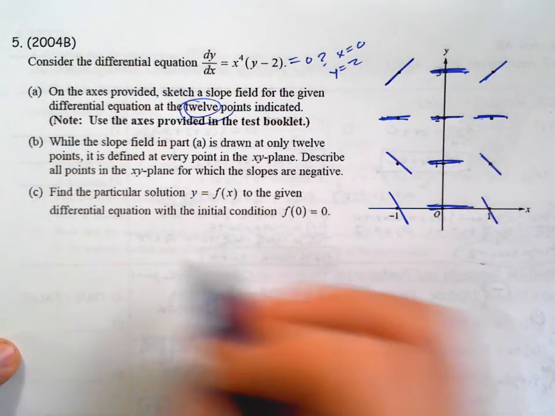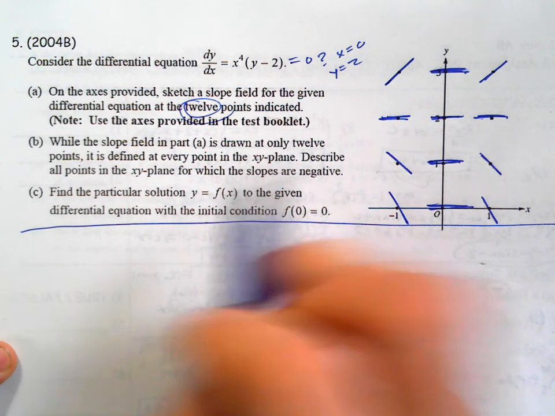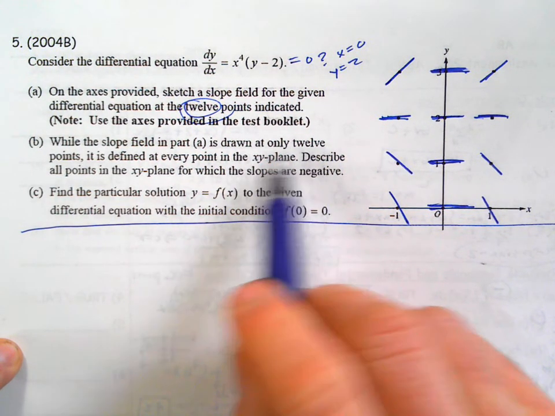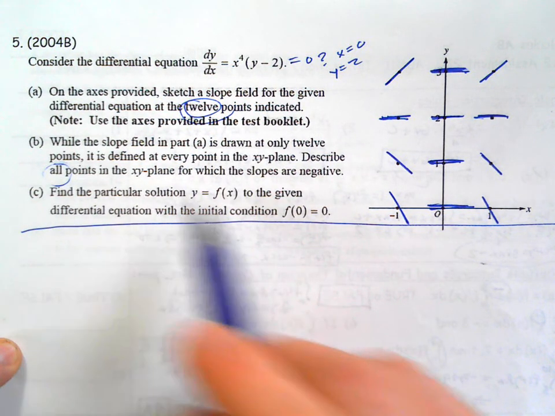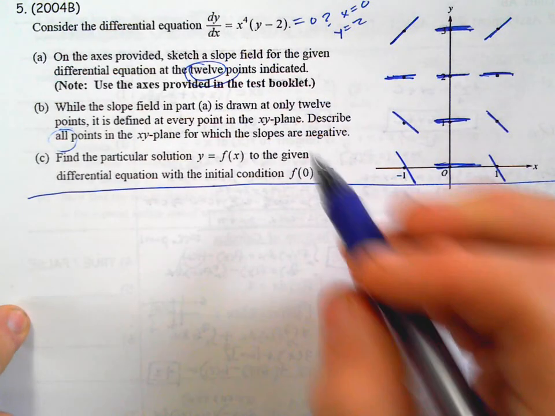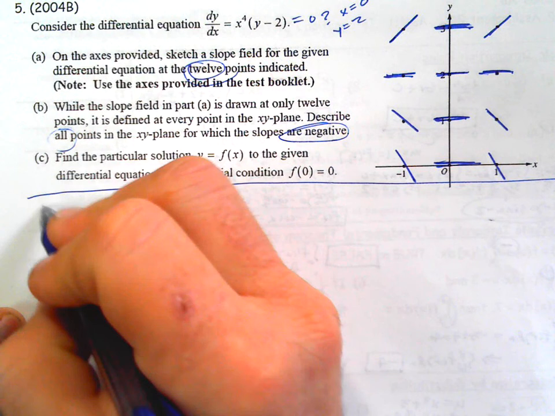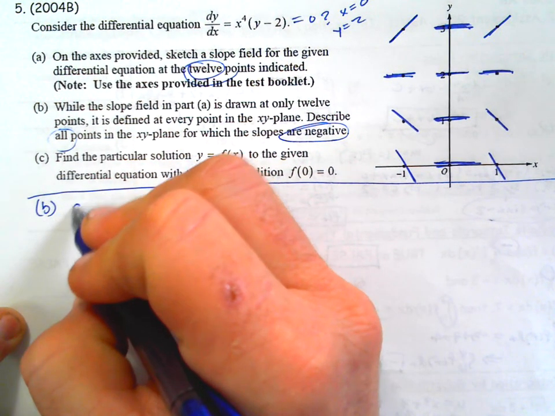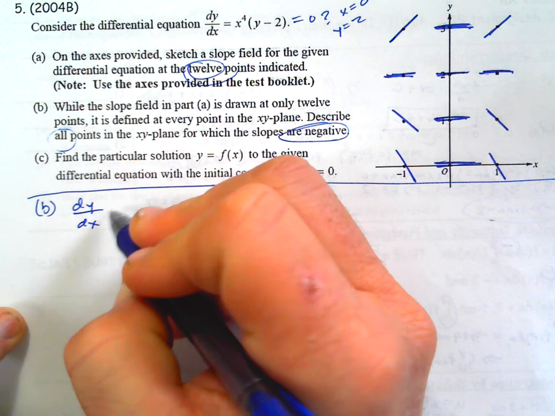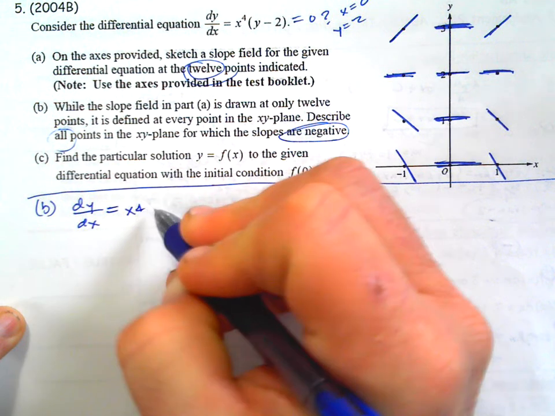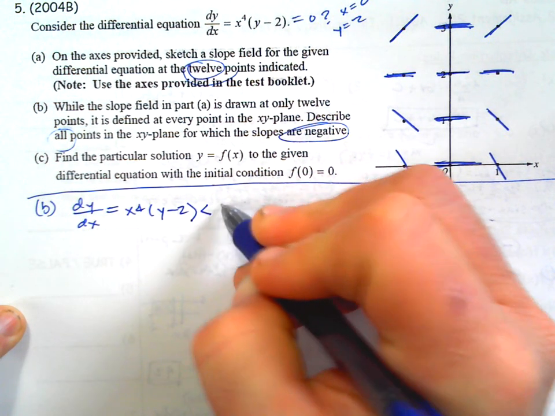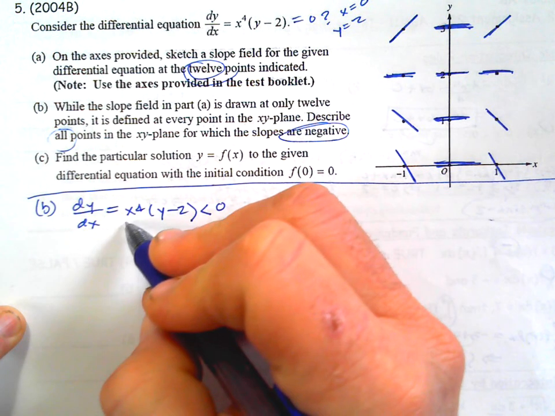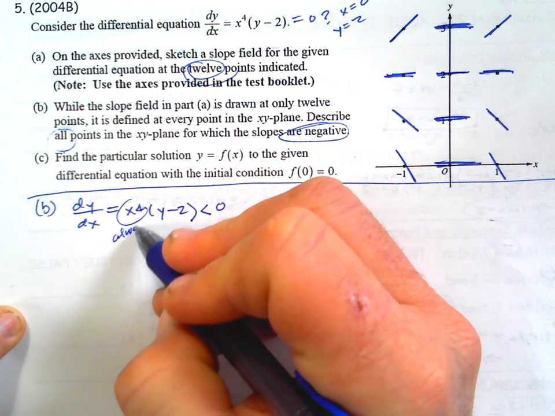B says, while the slope field is only drawn at 12 points, it's defined at every point in the xy plane. Describe all the points in the xy plane for which the slopes are negative. I think the most algebraic, less guessy way of doing this is to take your differential equation, which is slope, and make it negative, and realize that this is always positive,